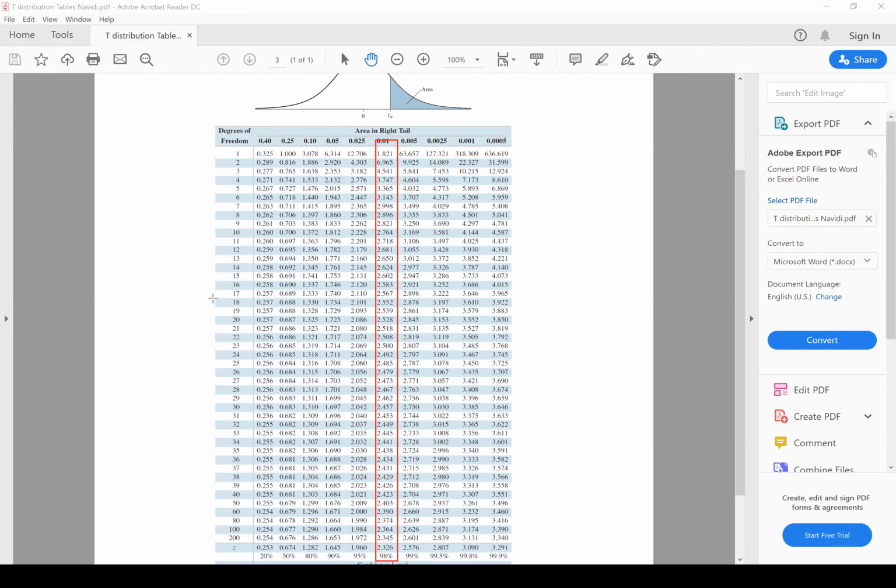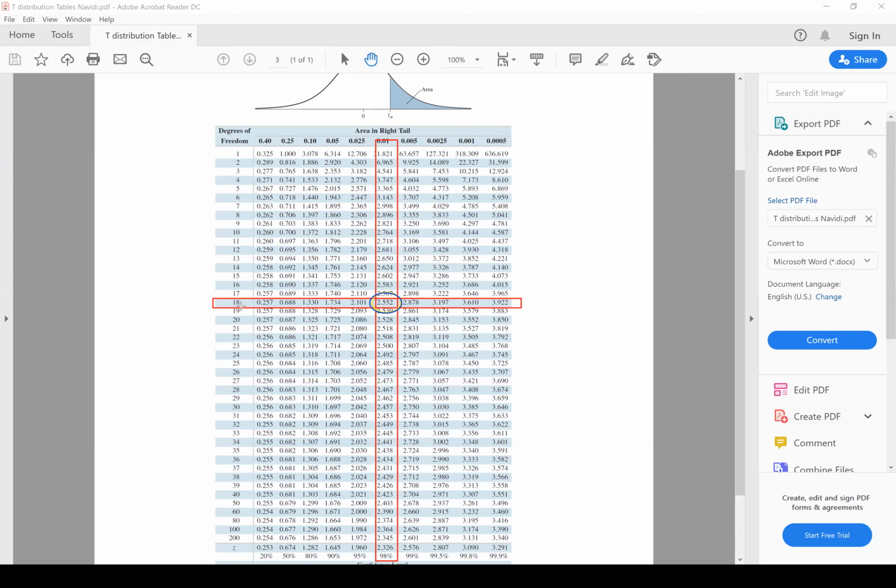Your degree of freedom is 19 minus 1, which is 18, and as you can see, this is my critical value. My critical value is